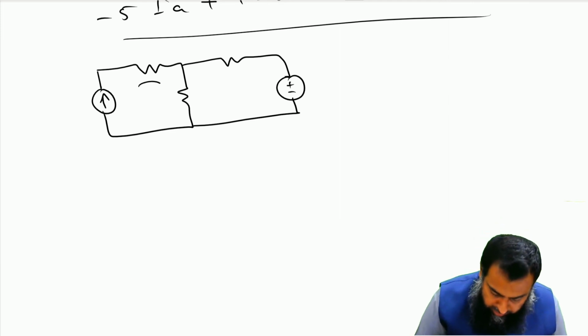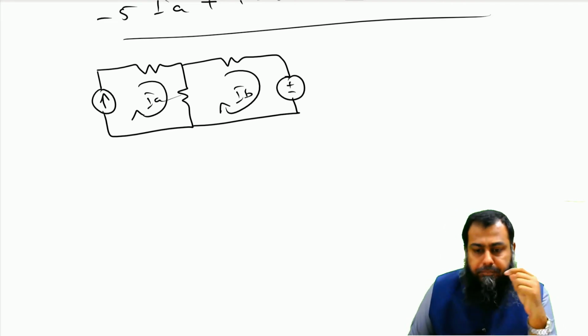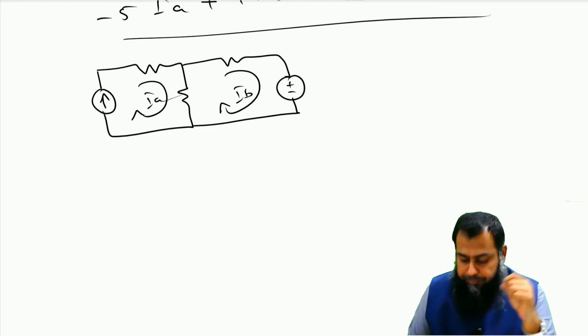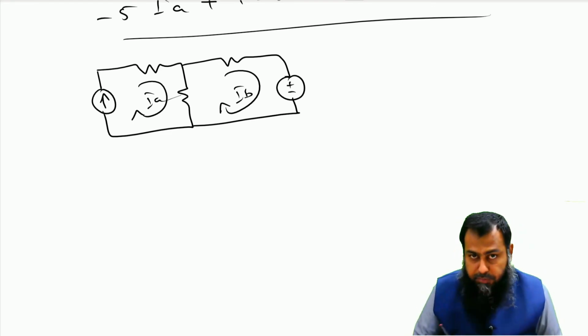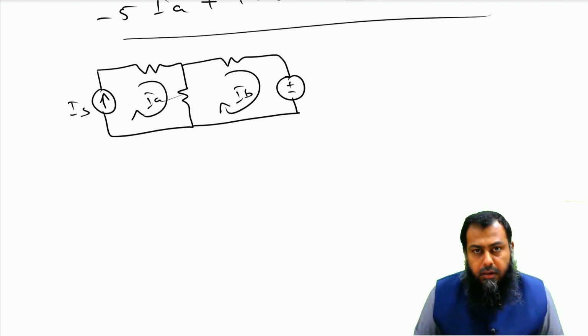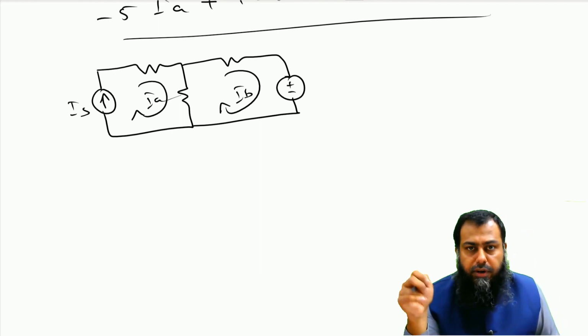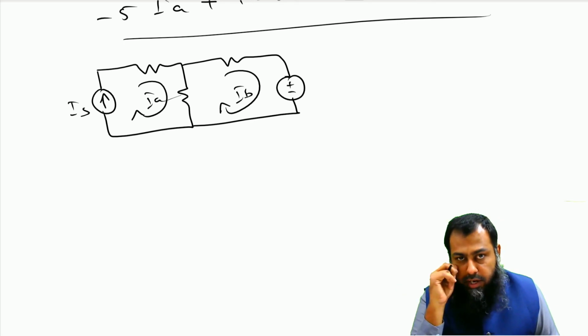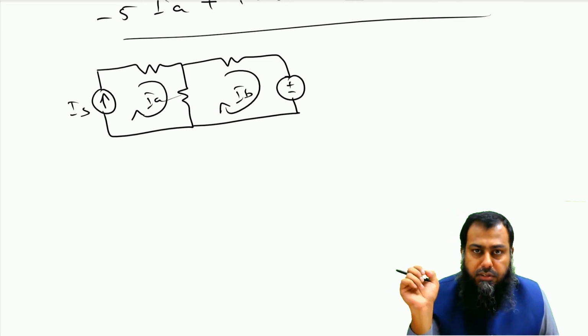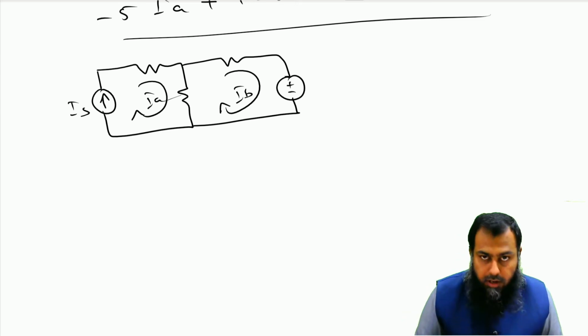So let us assume this is IA and this is IB, right? So we have assumed that there are two currents here. The one is IA and the second one is IB. Now, if you carefully look into this particular circuit, the value of this IA cannot be different than that of this current source IS, right? Because that contradicts the definition of an ideal current source. So a current source actually enforces the same amount of current through itself, and therefore it is not possible that IA has a value different than that of this current source IS,